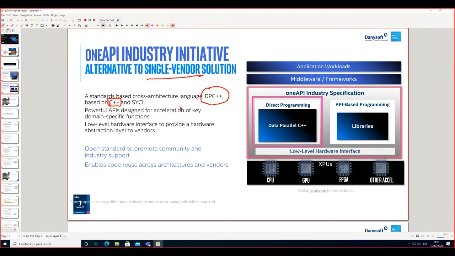There is another layer over C++ that is SYCL. SYCL is focused on heterogeneous computing, so you can express parallelism using different types of devices in C++. And DPC++ is C++ plus SYCL plus extra